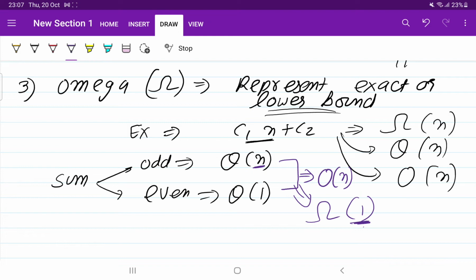So you can write theta of n when you are sure. Try to use theta when you are representing the exact time complexity. Try to use big O when you are using the upper bound. One function is taking theta of n in some cases and theta of 1 in others. And when we are using a lower bound, suppose this function takes a constant amount of time, but it may take more than constant time if the number of terms in the list is odd. So if you are going to represent a lower bound, then only use the omega operator.